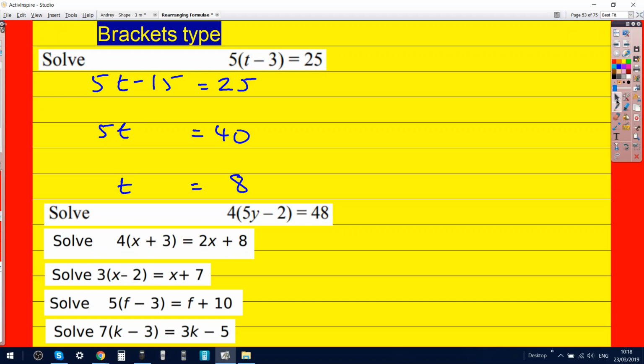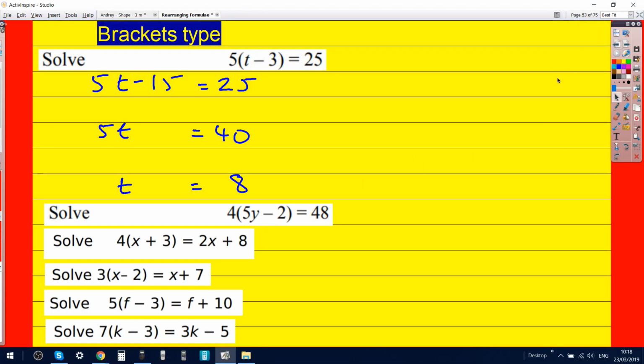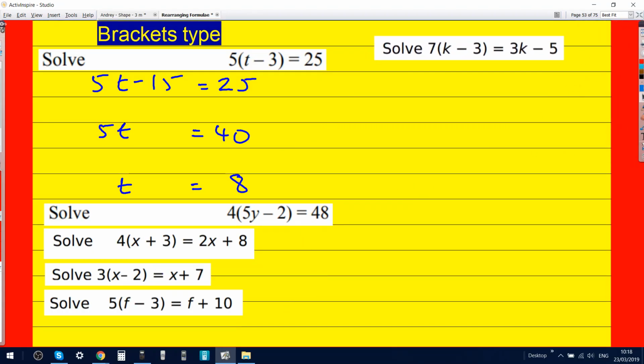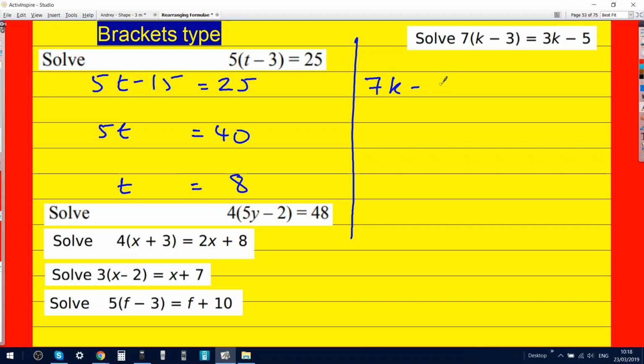I want to just do the very last one. Okay. Hang on, let's do it on the same page. Never a bad thing. Yeah, let's try the very last one. Okay. So you would expand the brackets first, so it'd be 7k minus 21 equals 3k minus 5. So then you would take away 3k, so 7k minus 3k leaves you with 4k minus 21